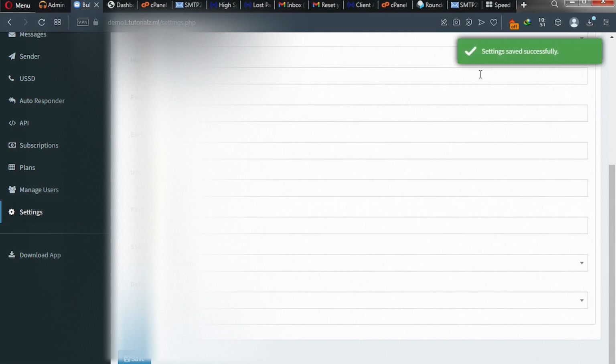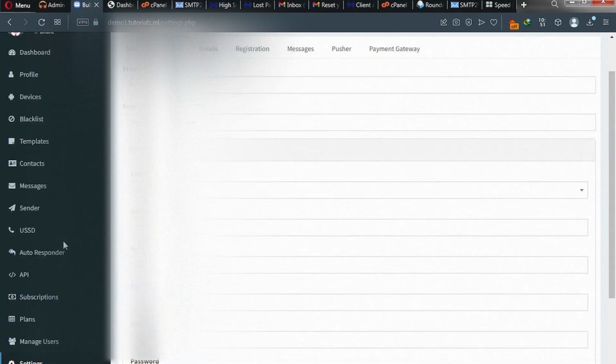Successful. Okay, so we can now send messages through this platform without problems. But on top here, remember, in your application, remember to what? Put your official email there. So in my case, I'm going to copy my username, which is in the form of email, and then I'll just paste it in here,